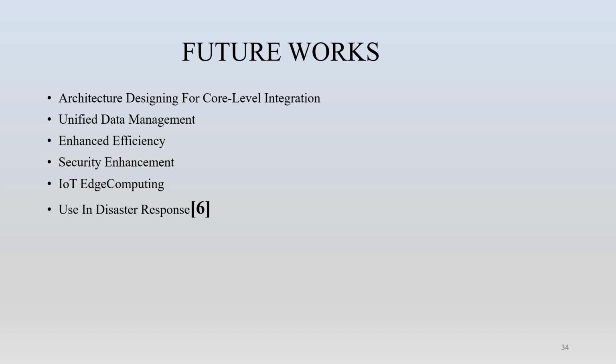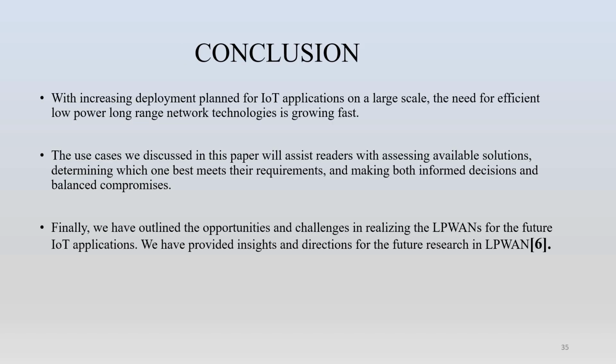So these were the explanations about future works, and coming to the conclusion part, we can know that as the deployment of Internet of Things applications is set to increase significantly, there is a growing demand for network technologies that are not only efficient but also offer low power and long range capabilities. The use cases discussed in this paper aim to guide readers in evaluating the available solutions, helping them determine which technology aligns best with their specific requirements. This in turn enables them to make well-informed decisions and strike